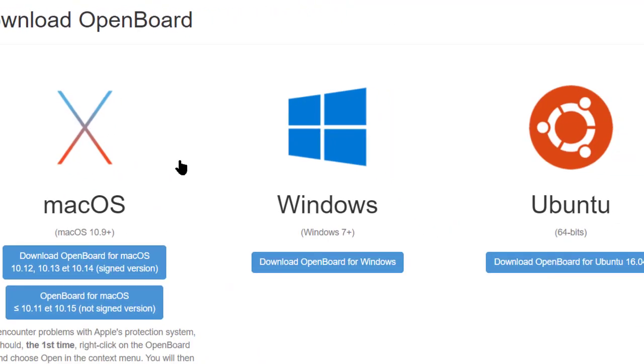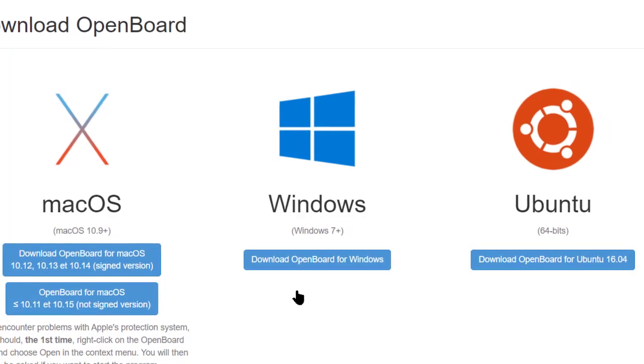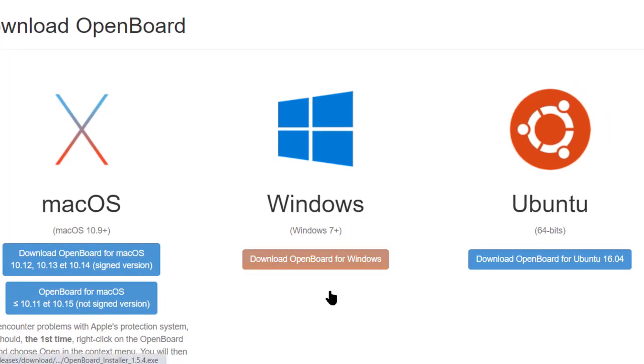You click on the link, then you can see different versions for Windows, Ubuntu and Mac. Based on your operating system, you download the application. My computer is based on Windows, so I am downloading this one.